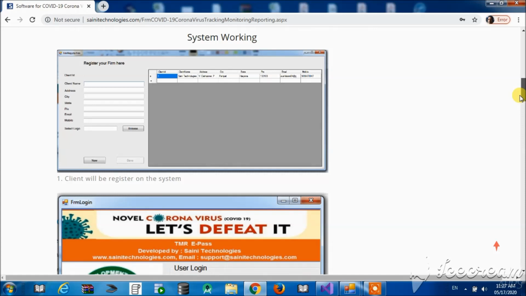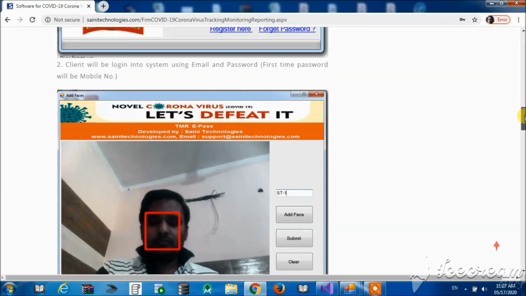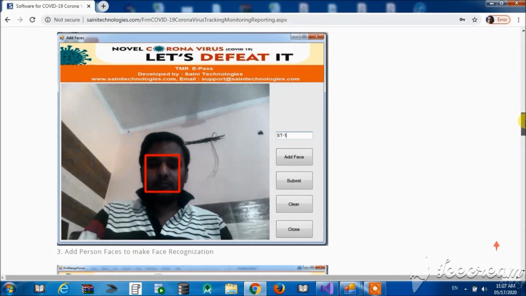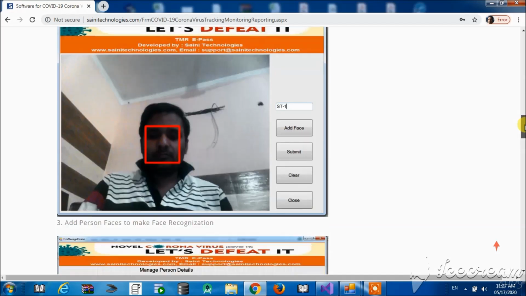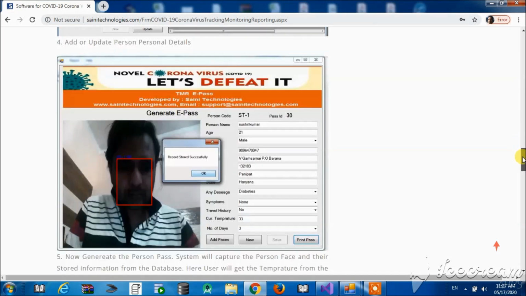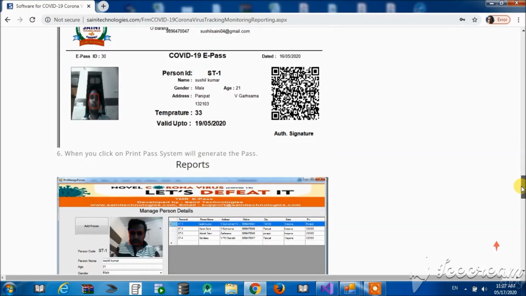Now we will see how the system will work. First, the client will register into this software. Then the email and their mobile number will be the password. And after login, the user will register the person with face recognition, enter their personal details, and generate an e-pass by detecting the person.